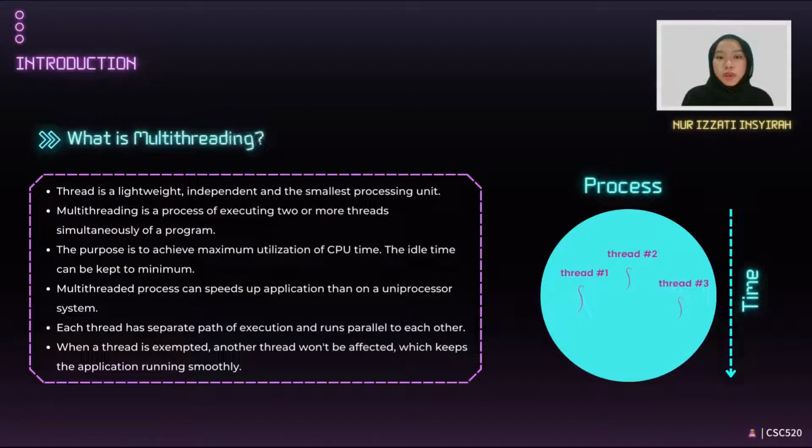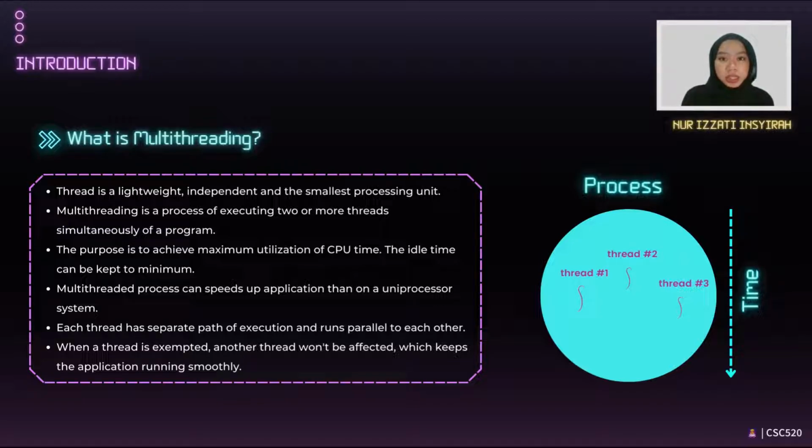Multithreading is a process of executing two or numerous threads simultaneously. A thread is a lightweight, independent, and the smallest processing unit that can run concurrently with other threads of the same process. A multi-threaded program can run much faster than one single processor. Maximum CPU usage can also be achieved by reducing the amount of time the CPU is idle while the other